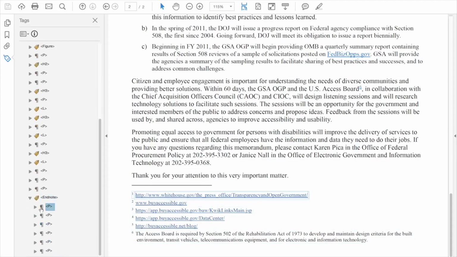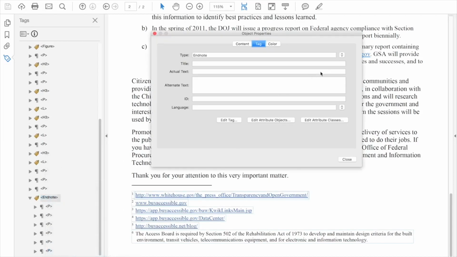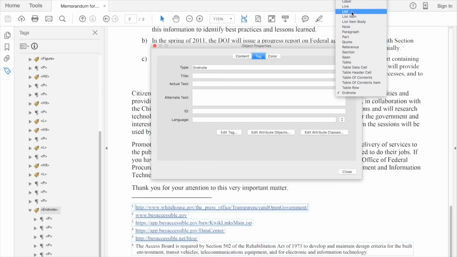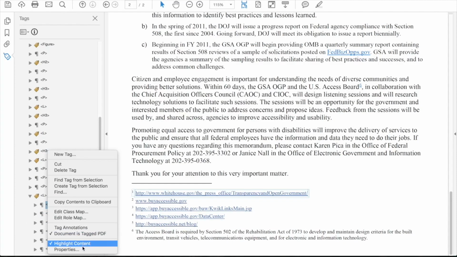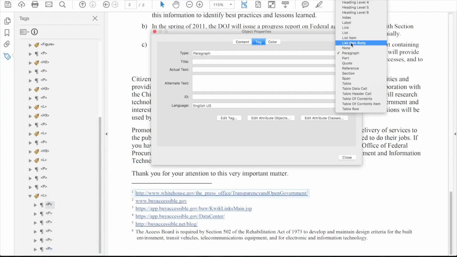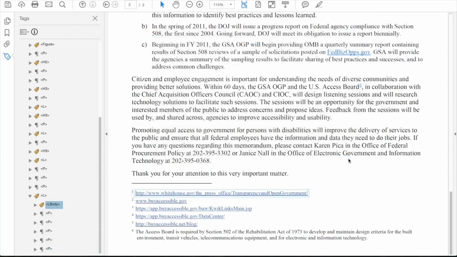Despite the fact that this is clearly an ordered list, Word failed to export it as an actual list. This means that, once again, we'll need to correct Word's mistake by creating a proper list structure from scratch. To do this, I'm going to change the tag name EndNote, which doesn't exist in the PDF standard, to List. In the Object Properties dialog box, I'll choose the Type dropdown and select List. Next, I'll change the first P tag to a list body tag, since that's what the content has to sit in anyway. This will limit the amount of tags I need to move around later.